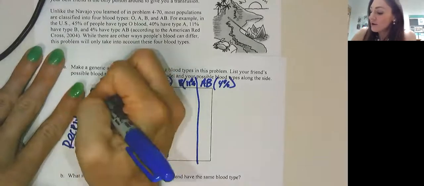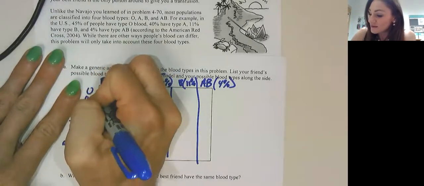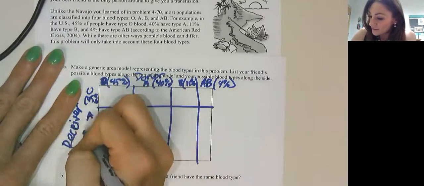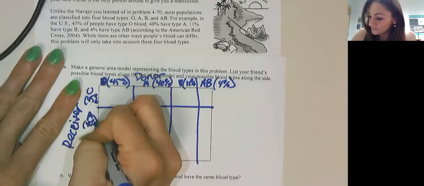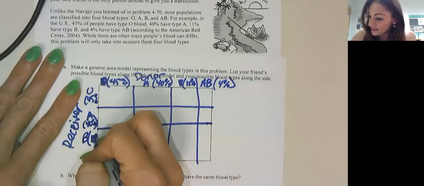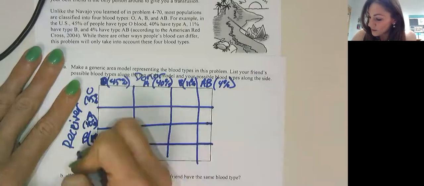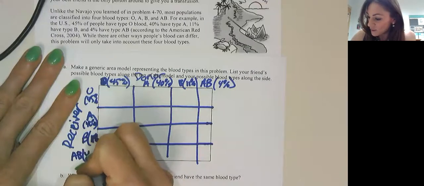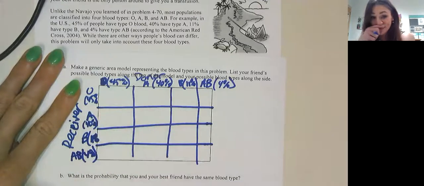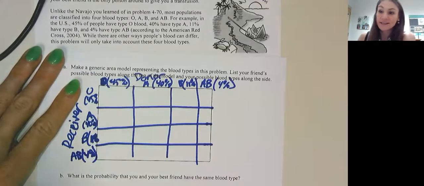So you could have O blood, 45%, A blood, 40%, B blood, 11%, or AB blood, 4%. Okay, so even though there are 16 boxes, each of them are not the same likelihood,